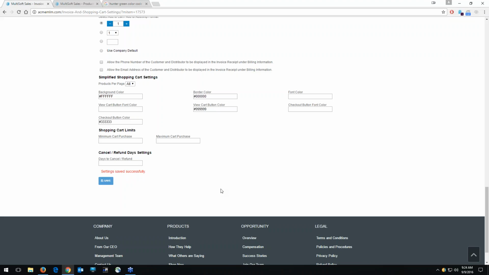All right, so that should take care of the basic features and functionalities for your shopping cart settings, and hopefully I provided value for your time